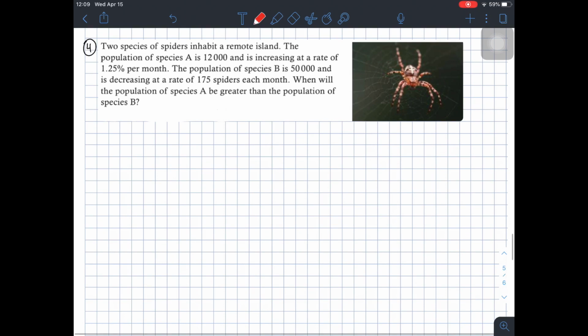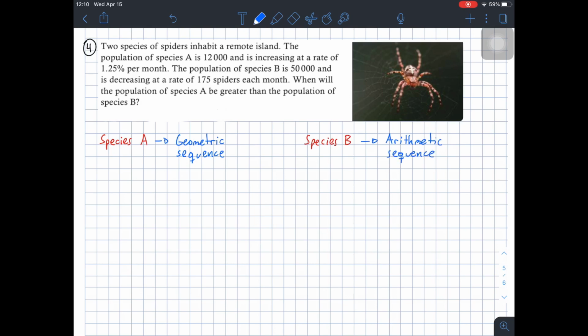So I'm going to write here the information. Species A is a geometric sequence, while species B corresponds to an arithmetic sequence. There you go. So for species A, we have an initial population, which would be U1 equals 12,000,